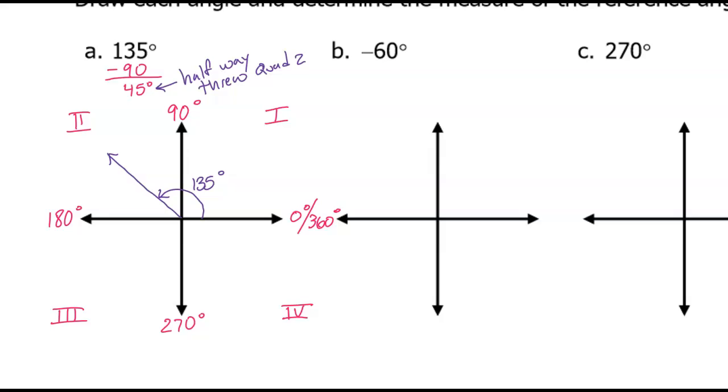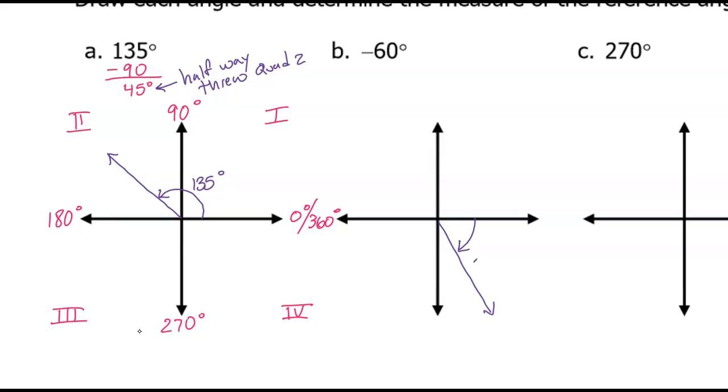Yes. So we know that we can split each quadrant into two parts, knowing that each part would be 45 degrees. We can also split each quadrant into three parts, knowing each of the three parts is worth how much? 30. So 60 is 2 parts of 3 through the fourth quadrant. So I'm going to go not 1/3, but 2/3 in the